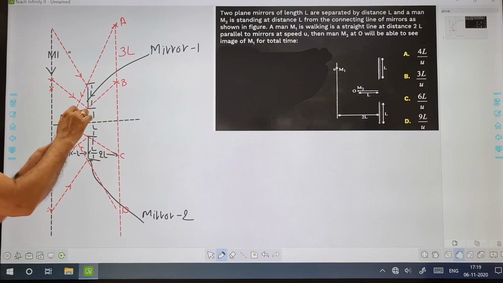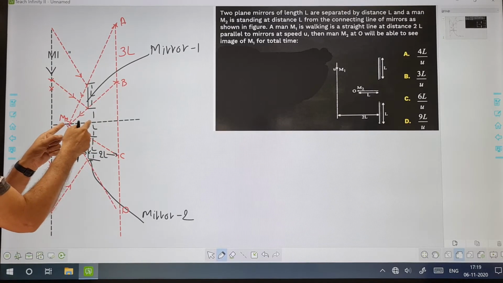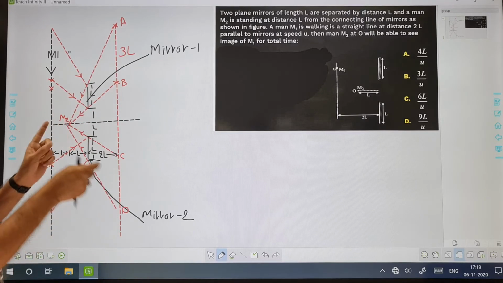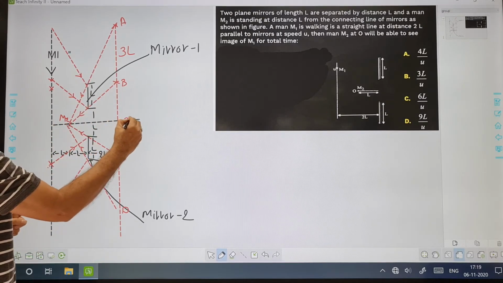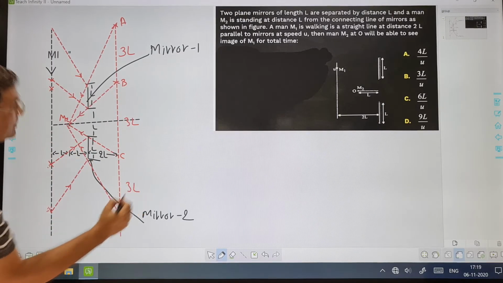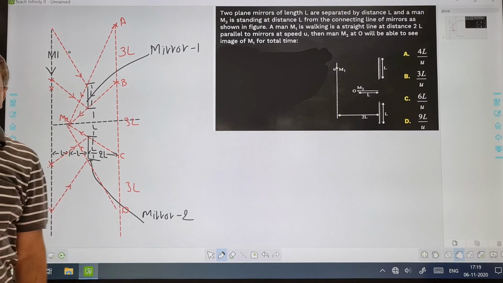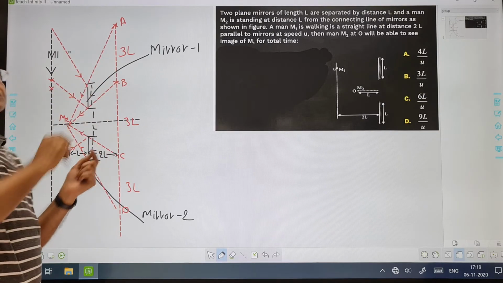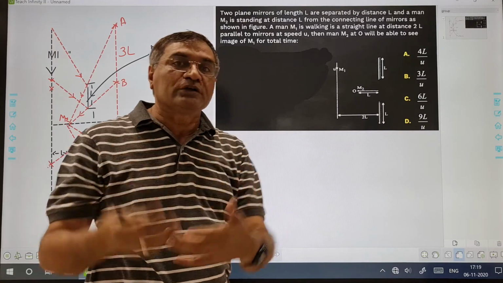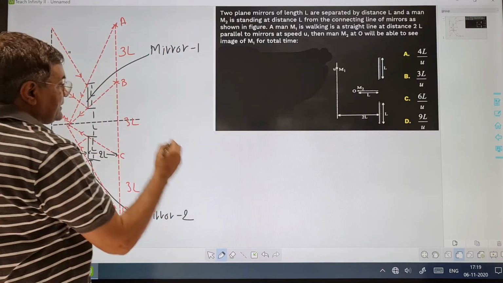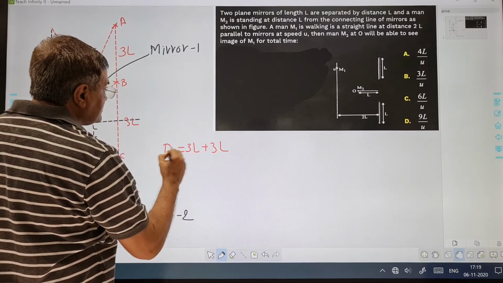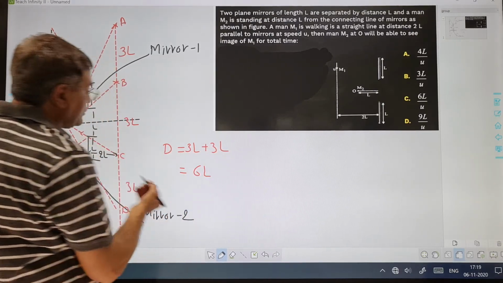Same thing, this is L, this is L, this is 3L, so using similarity of triangles, this also becomes 3L. So the total distance is actually 9L, but from B to C, M2 cannot see the image of M1, so we have to subtract. So the total distance he can see is 3L plus 3L, so the total becomes 6L, and the velocity is